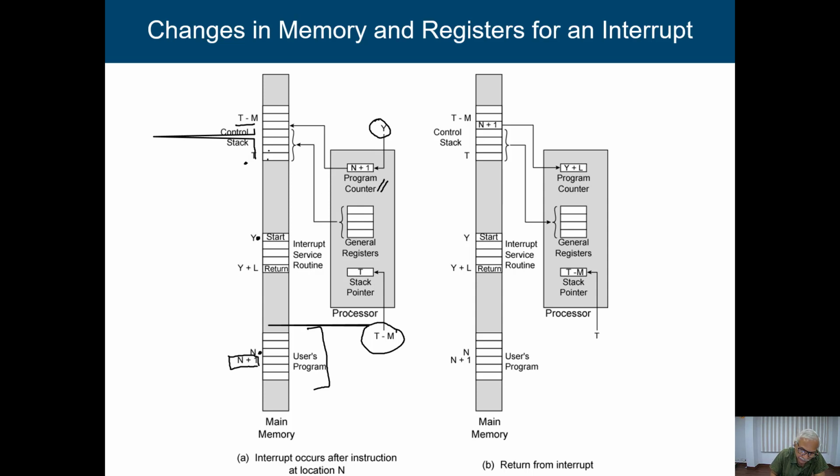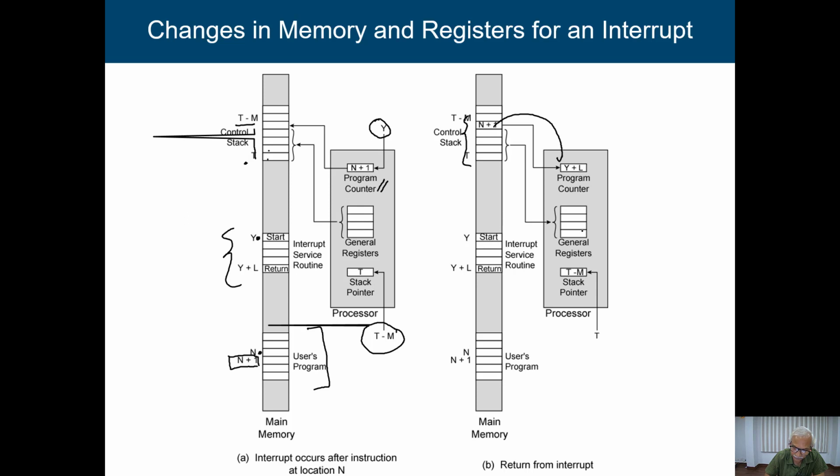Now once this setting is done, we are going to execute this particular program. Once it completes, we return from the interrupt. In this case, you can see we have kept this information in the stack. We restore the program counter value, so n plus 1 will be loaded here.